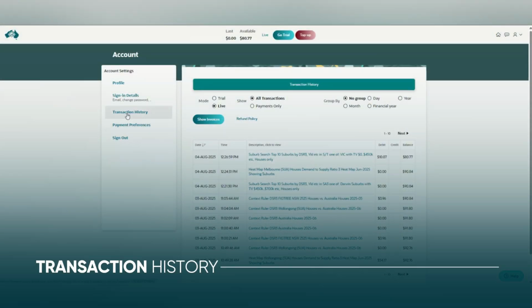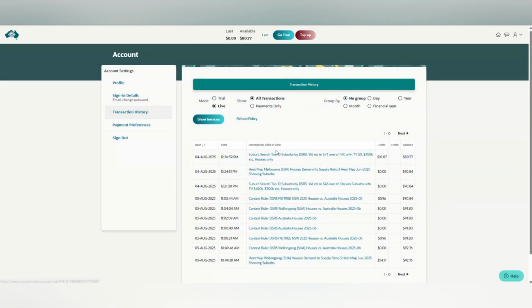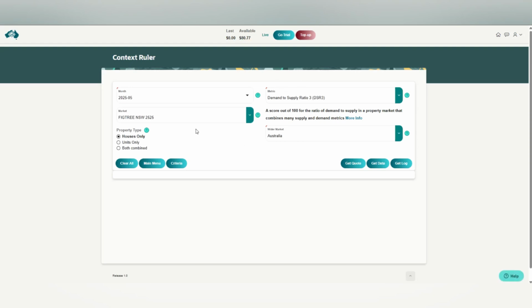This shows all the transactions you've made. That is all the mini reports that you've requested and payments you've made. It shows the date and time in your time zone, a brief description of the report that you requested, and how much it cost and what your balance was afterwards. If you click on the description, it will open the appropriate research tool and it will auto set the criteria